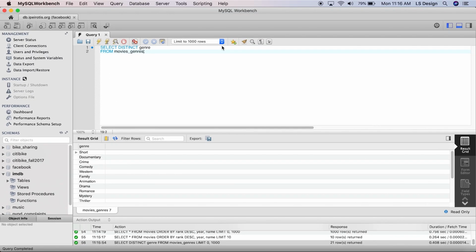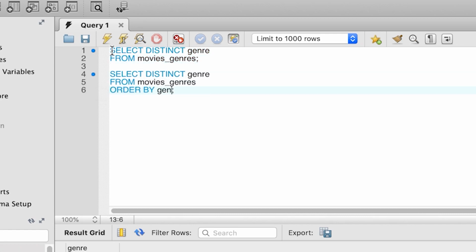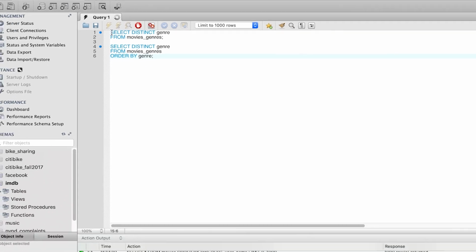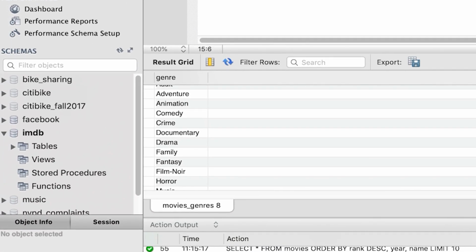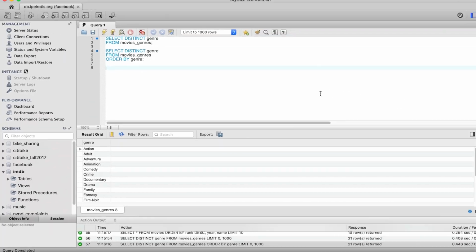We want to impose a sorting order, so to achieve that, we go at the end of the query and we add order by genre, and now the results come back alphabetically. So we have action, adult, adventure, animation, and so on. So the whole list of genres sorted alphabetically.